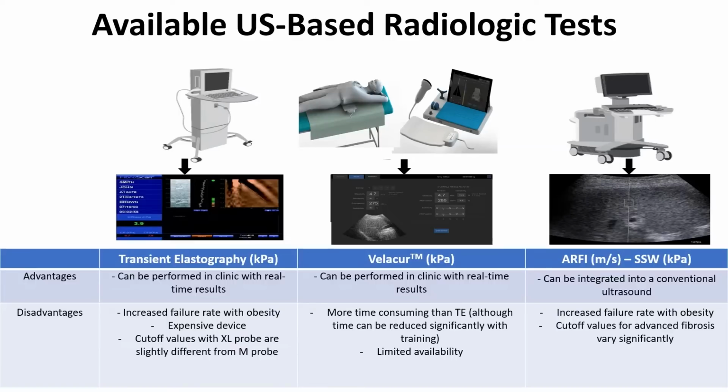And then we have several imaging tests that could be available in a primary care setting. These are, again, ultrasound tests, including the Fibroscan machine, and we have different iterations of the Fibroscan machine. The one we utilize the most is the Mini 430 system. There's the Velicure machine, and this is a different way to induce the mechanical shear waves in the liver, and it gives you 3D visualization of the liver. And then, to an existing ultrasound machine, you can have also RF and shear wave elastography.